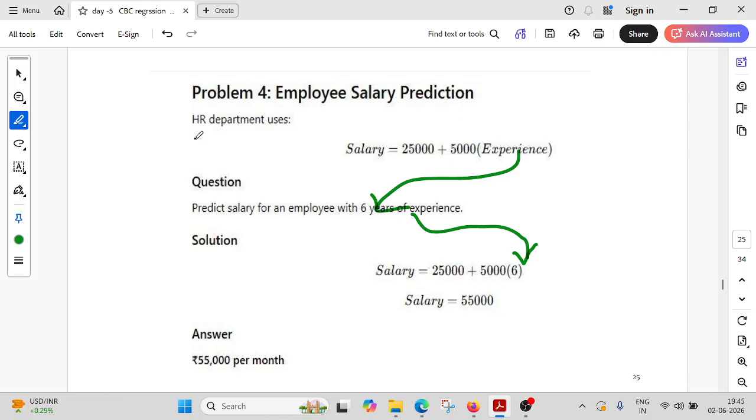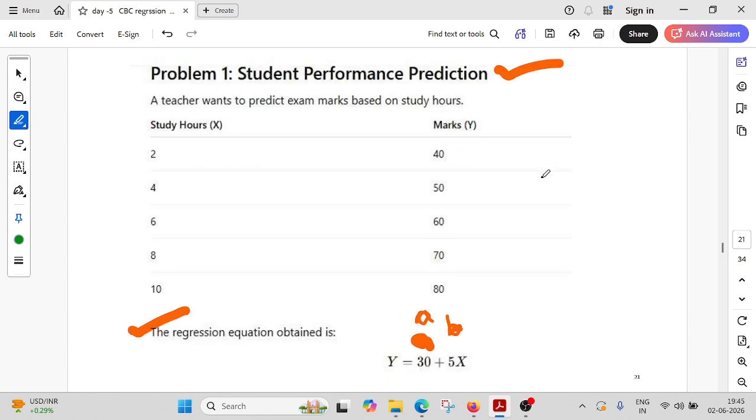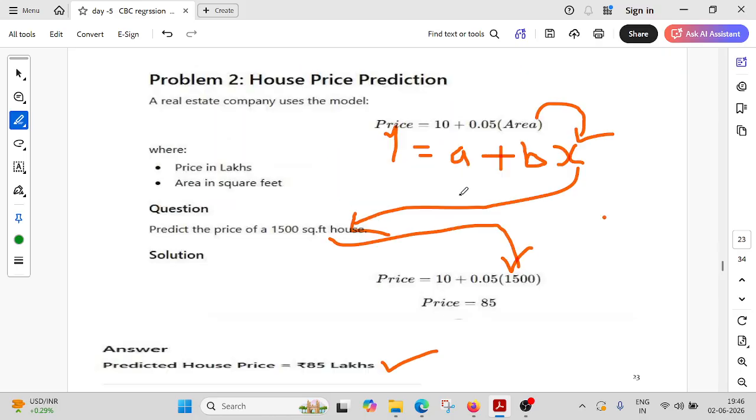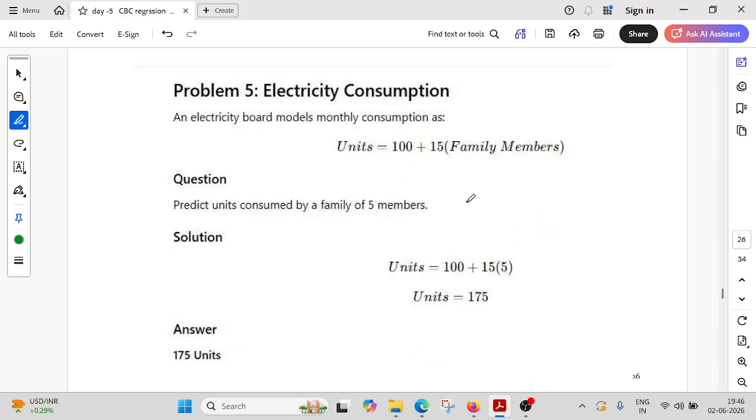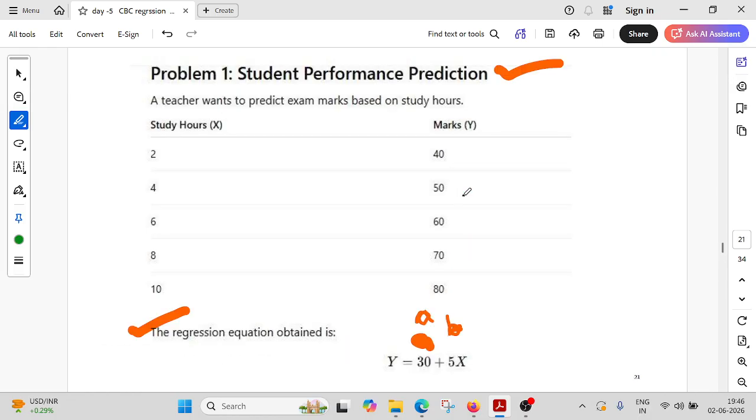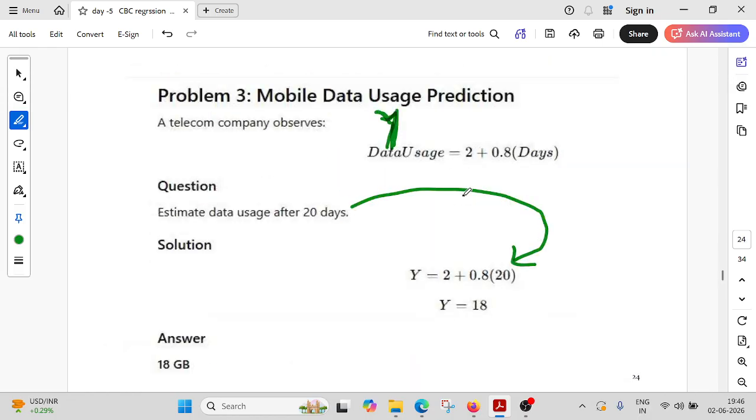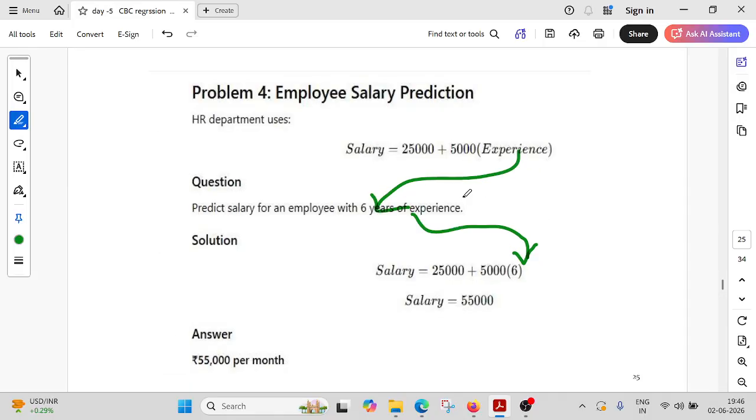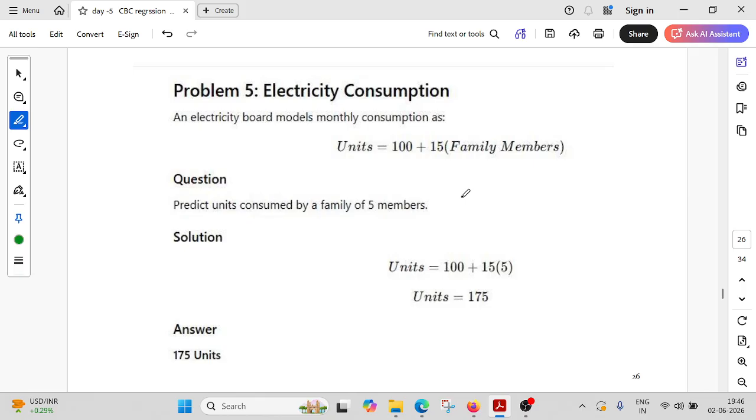So in all the data sets we get the a and b values using the previous examples I mentioned. Next up, electricity consumption, which we also use regression for. Now you can see I have taken many data set problems, and all of them use regression. That's the main importance of regression lines in our daily life. Now come to the fifth data set.